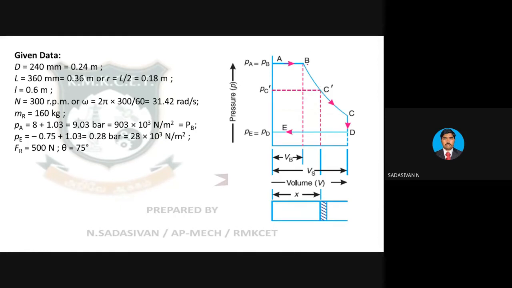So pressure at point B into volume at point B equal to pressure at point C dash into volume at point C dash. Why C dash? C dash is the point where theta equal to 75. I want to find out the steam pressure when my piston has moved to a distance of x where theta is 75. Why am I finding this out? Only then can I calculate the load on the piston when theta is 75. How can you find out the load? Only when you know the pressure exactly inside the cylinder when theta is 75. Then only, using that pressure, you can find P1 A1, the load on the piston. Okay, so that's why I am finding this out.